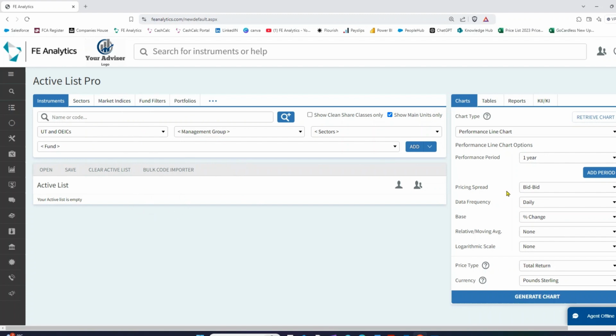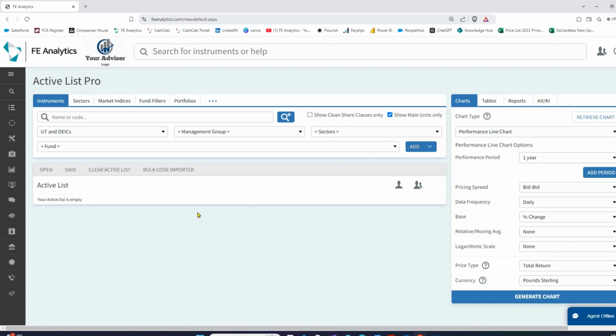And on the right-hand side, that's where the features live. You've got to tell it what feature you want to use on the data to create that content. Do you want to create a chart, a table, or a report? There's very little limit here as well. I mean, if you wanted to go and look at 1,000 funds, go and find 1,000 funds. Or if you just simply wanted to compare a portfolio versus another, find the two portfolios and compare them using some of the features on the right. But as a starter for 10, just again set the scene.